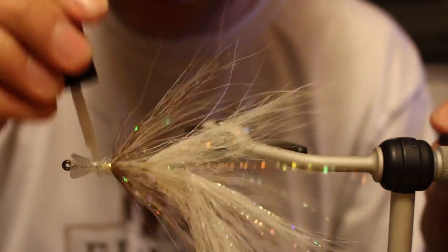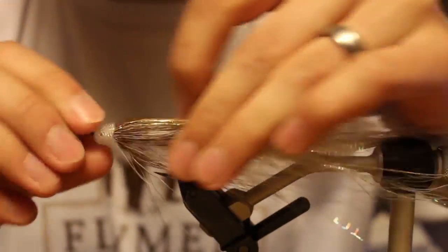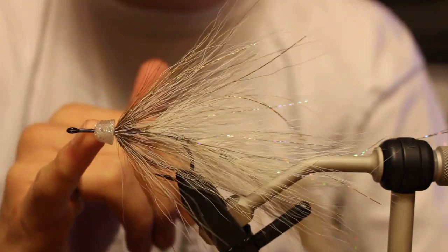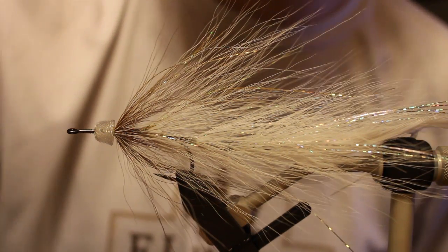Super glue is your friend. This is all exposed thread wraps. You need to make sure this is all secured. So you can see how much headroom we have. We have to fit 2 bucktail stacks in here, reverse tied, Flashabou lateral lines, and some hairline dubbing,